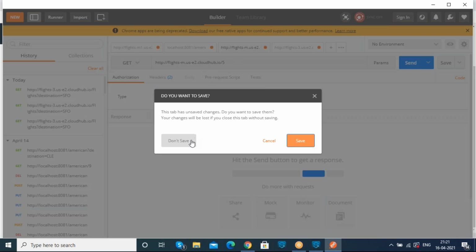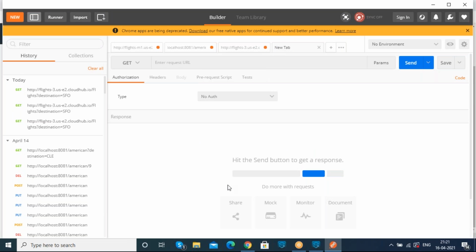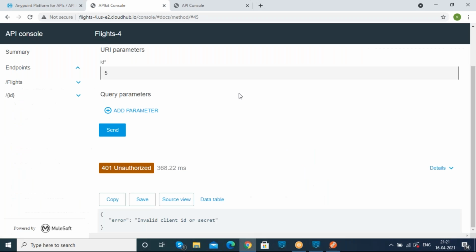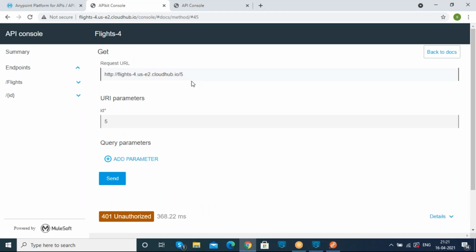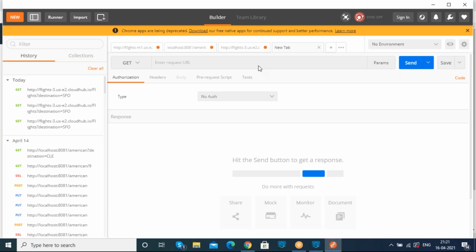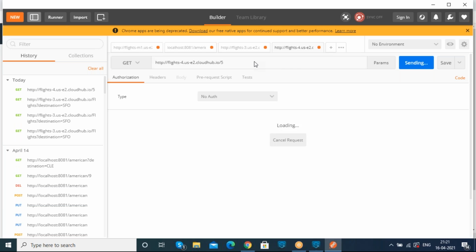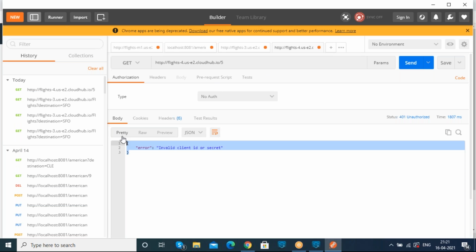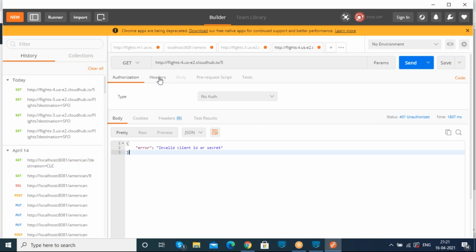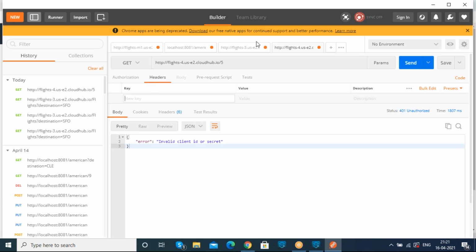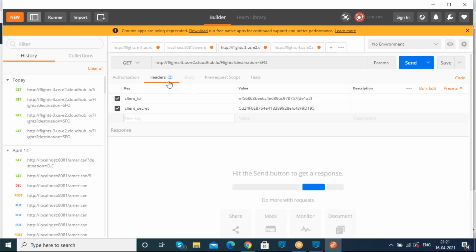So here I'm just pasting the URL of whatever we are requesting. This is the URL, I'm just going to copy it and paste it under Postman. Send it. Here it is again saying invalid client ID and client secret. So where can we provide it? Under the headers, we can provide the client ID and